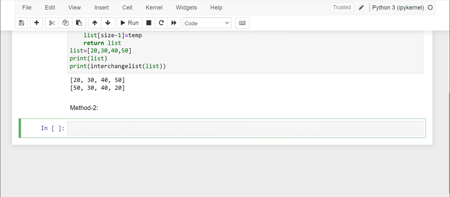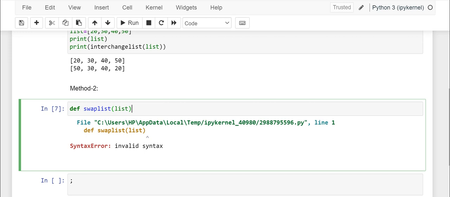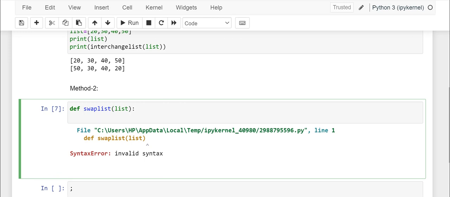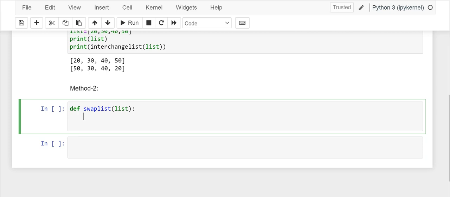Again, now I am writing another method. Here I am writing def swap list. Here I am writing a function. The name of the function is swap list. Here I am passing the list. So what I am doing with the passing list